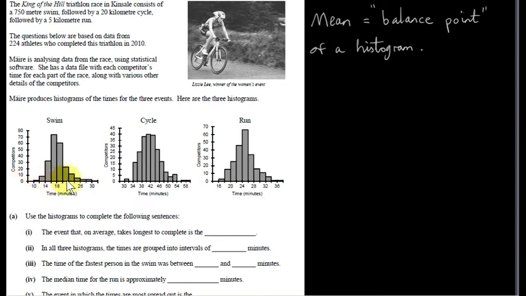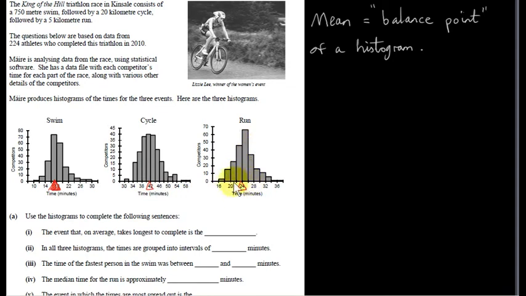So the seesaw is this horizontal line. And you have to imagine where a balance point might be. Well, I could show the balance point like this. So it's balancing here and this point here. So you can see the mean is obviously somewhere between 14 and 22. Similarly for the cycle, the mean of this histogram looks like it's somewhere between 38 and 46. The mean for the run lies between 20 and 28.